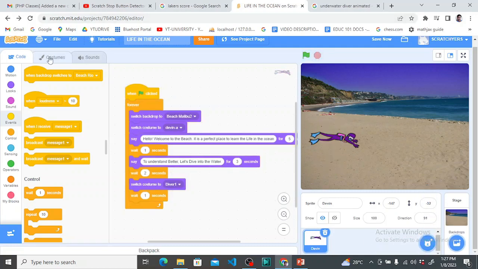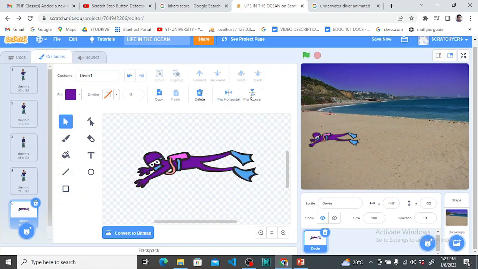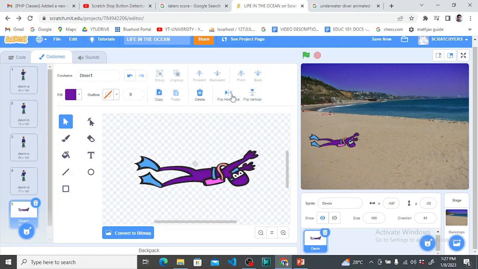Devin's costumes. Alright, here. So you can rotate it, or yeah. Oh, how to rotate? Can we rotate? I don't know how to rotate. But I think if